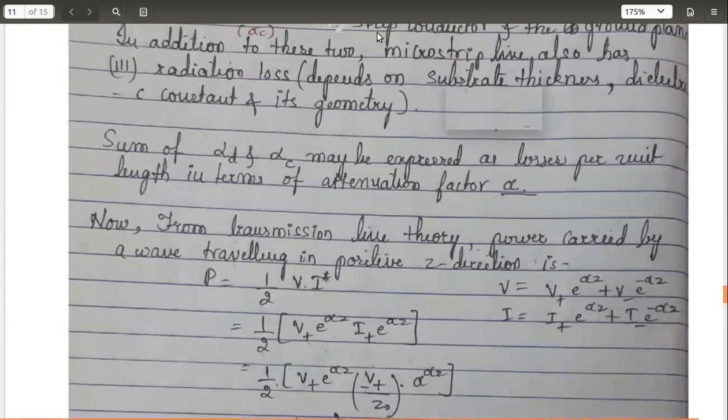Now coming to the transmission line theory, in module 1 we have seen a pair of equations, the solution of transmission line equations, V and I. Whenever we talk about attenuation, we talk about power: when you transmit a signal, how much power is transferred, how much is transmitted, how much is lost. So we talk about the attenuation or the transfer of energy in terms of power. So P is equal to half V into I star. Star indicates the conjugate value. This is a general equation for power.